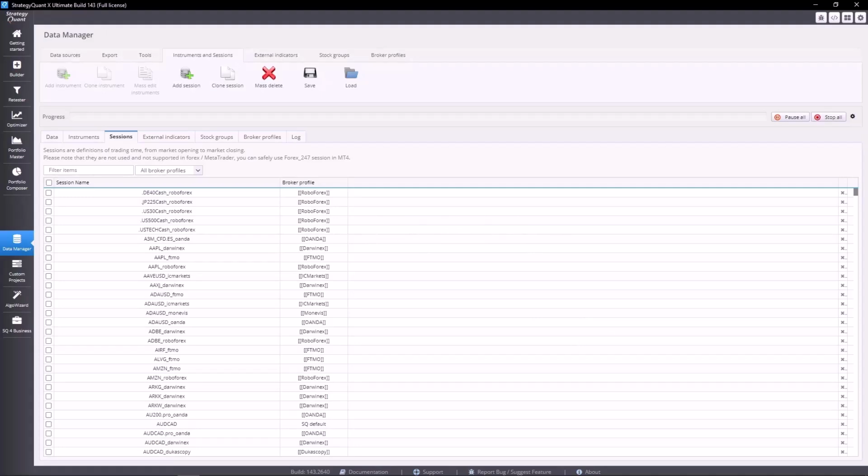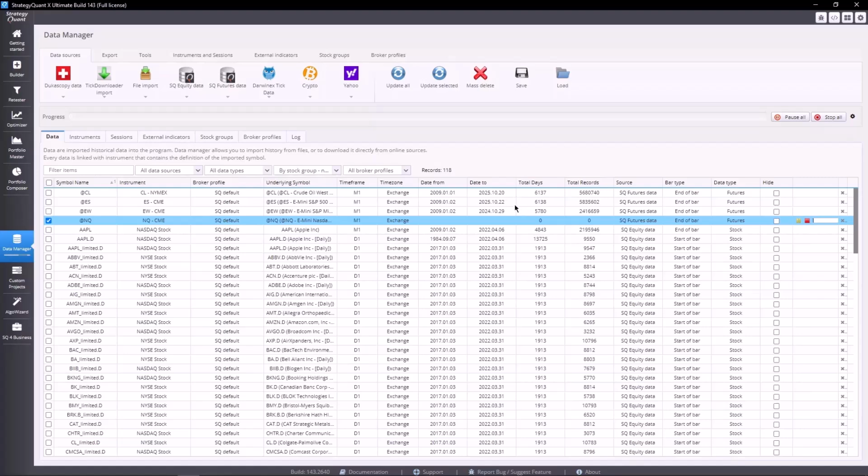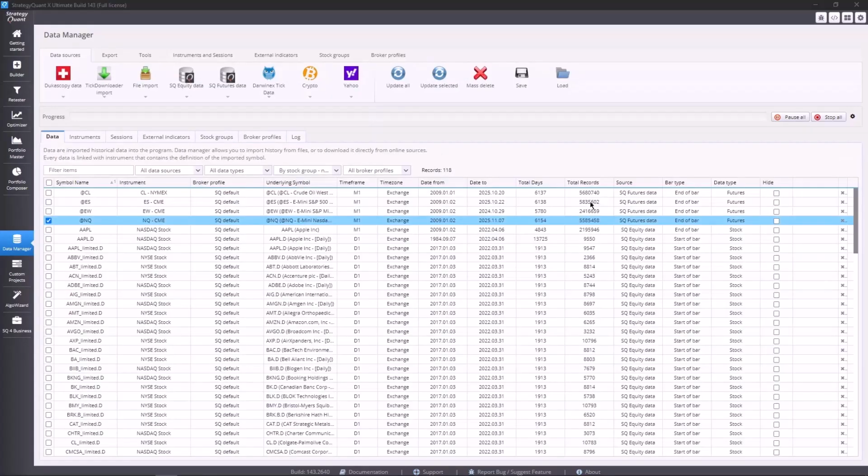Be careful with time zones. They must match the time zone of your data provider. Save it and it's done. Now that everything is configured, we can go back to the data, select the NQ, and click on Update Selected. You will see the progress in the log window, which you can see here. Once it finishes, you will see the record confirming that the data is downloaded. Now, seeing we have new data in the NQ, we know that everything is ready and configured correctly based on